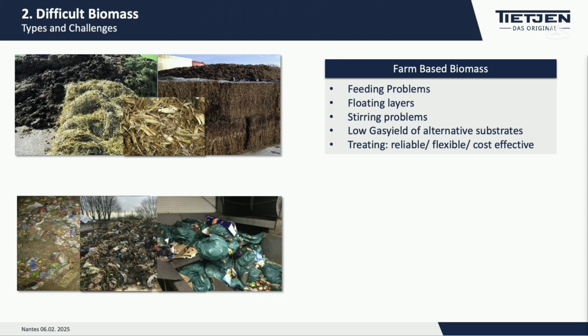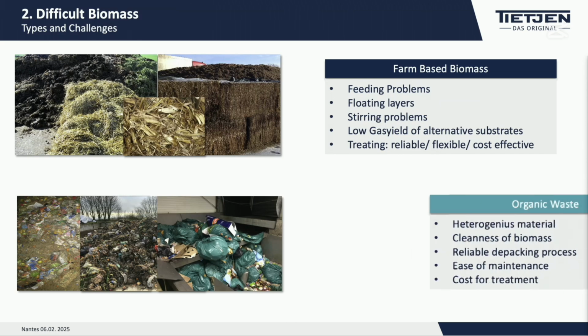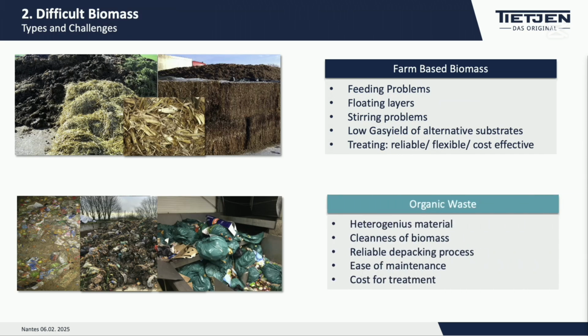You see it on the pictures. It can come from food waste with very liquid content. It can come from municipal collected organic waste, but then it is much more dry and has different packagings. Or on the last picture you see, it can even contain more packaging than organic. And that's very challenging in treating all this heterogeneous material with one treatment solution. And that's unfortunately what the waste treatment companies need to